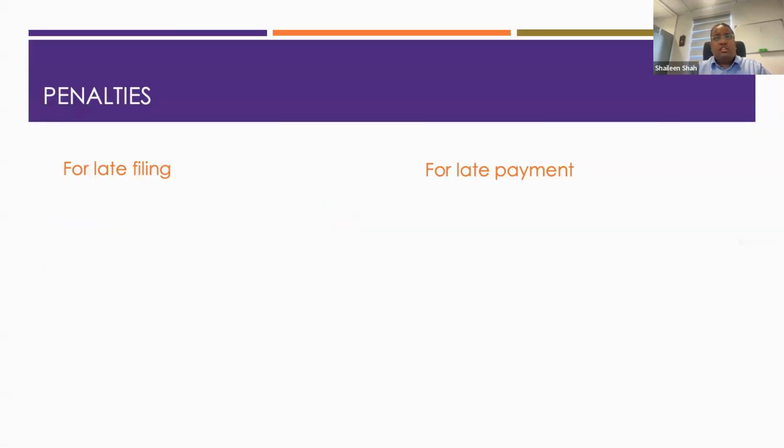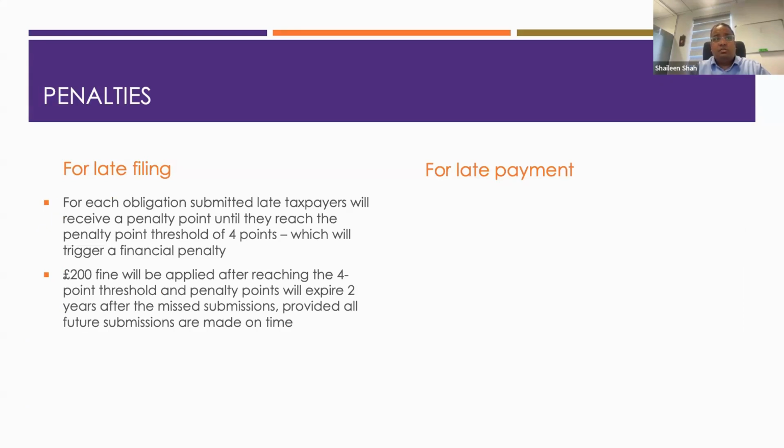Moving on to penalties. Again, there are penalties for late filing. There is one penalty point for each late filing, and after you reach 4 penalty points, a £200 fine will be applied. The penalty points drop off 2 years after the first missed